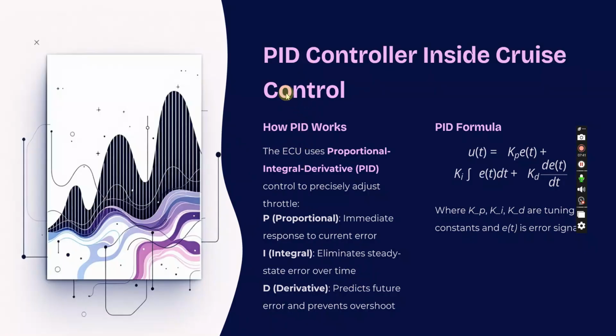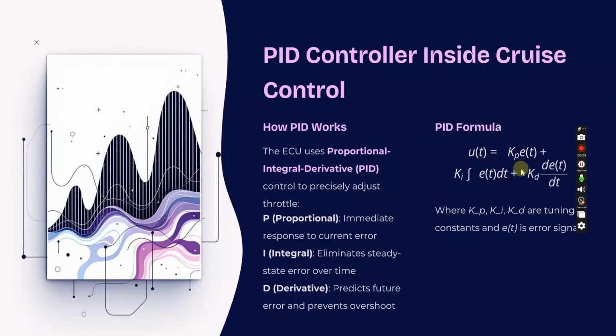PID controller inside cruise control. So let's talk about how this PID works in cruise control. For P, there is a proportional, immediate response to the current error. It is proportional. Second, we have the integral, which is used to eliminate steady-state error over time. Third, we have the derivative, which predicts future error and prevents overshoot. This is the basic formula for PID,